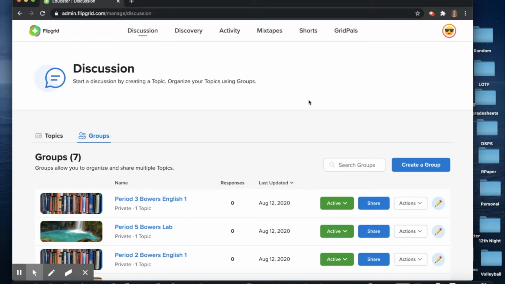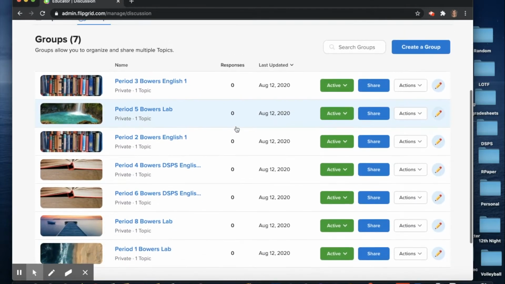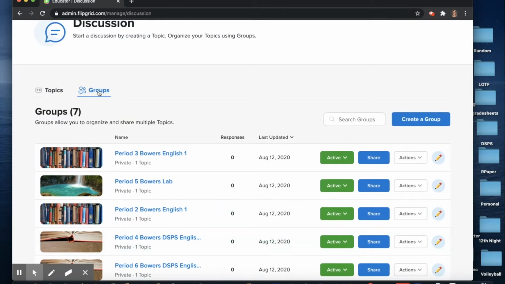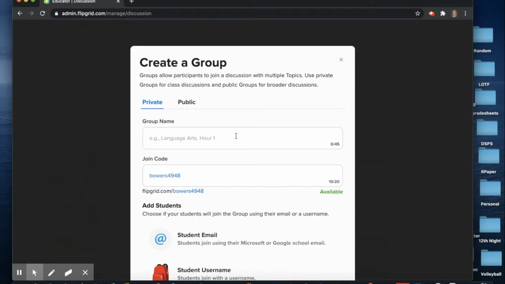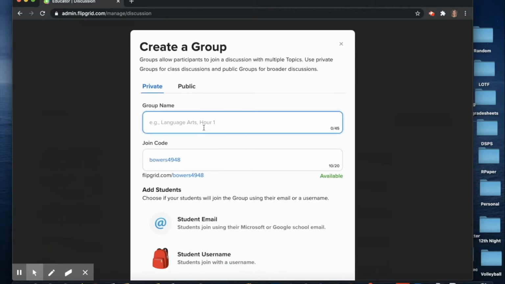Basically what you're going to do is set up groups, and your groups are going to be your classes. I've already taken some time here to set up my groups, but it's the same idea as Shobi if you use Shobi. So you go in and pick groups, and you can create a group. I basically just created the groups to match my classes, so I put the period first,